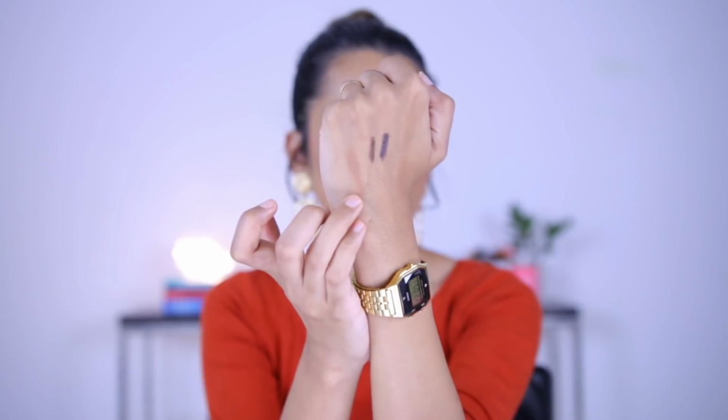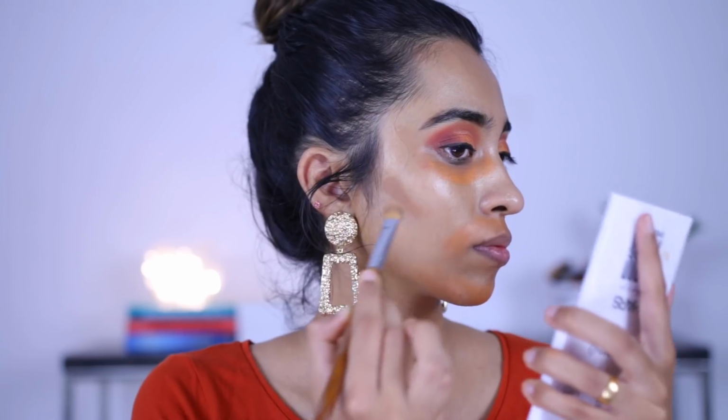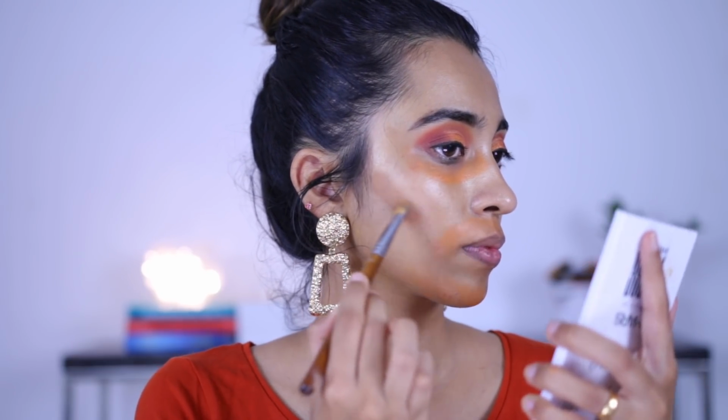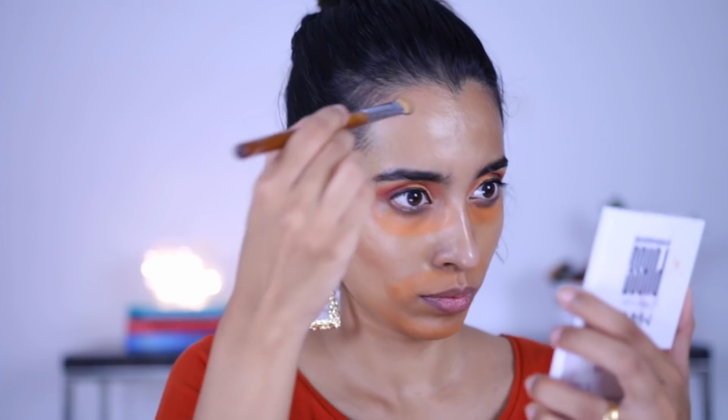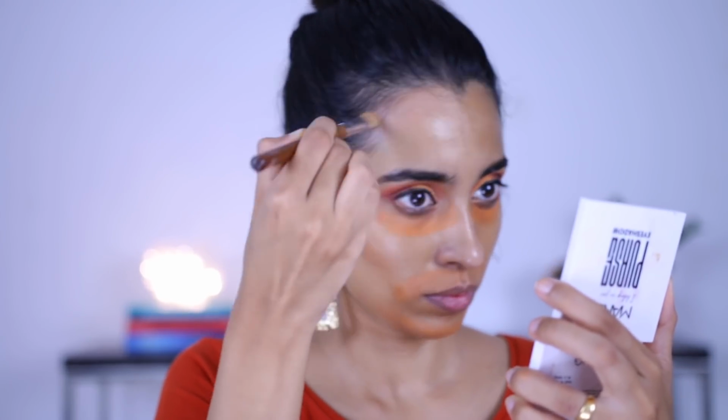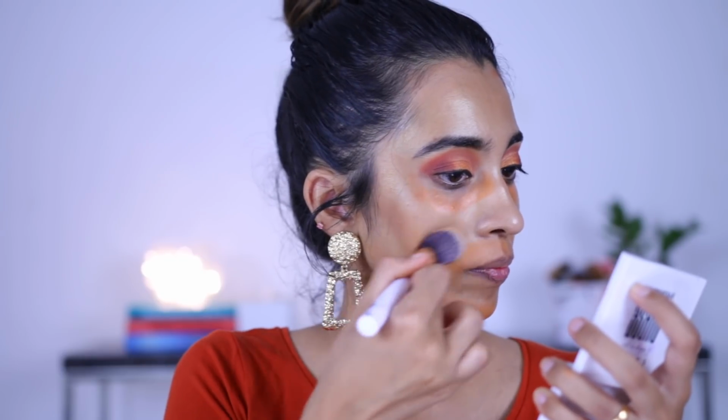So it's really nice if you want to contour it. It's very creamy. It blends out very, very easily. But because I have pigmentation on my forehead, and this part of my forehead is darker than the rest of my face, it actually doesn't really show up on my forehead. So that's the reason I call this not very inclusive in terms of